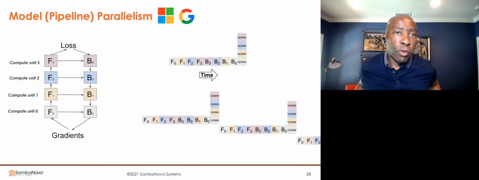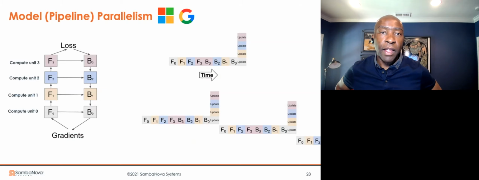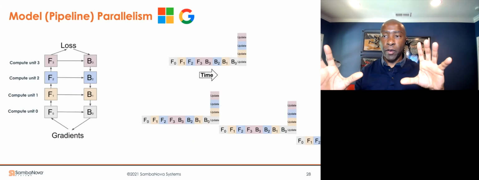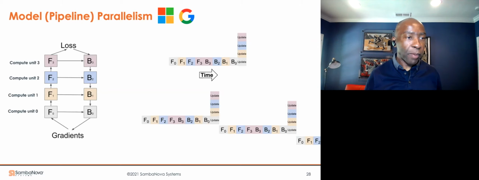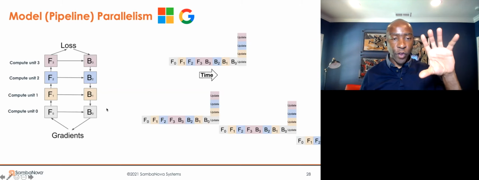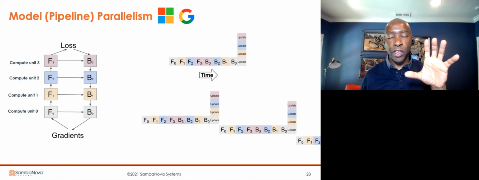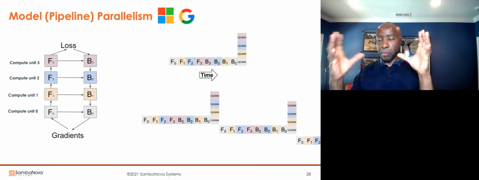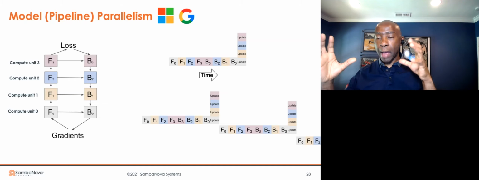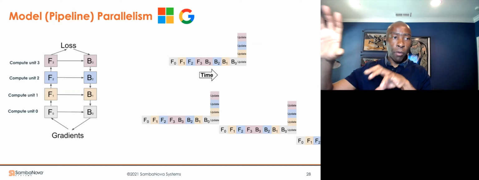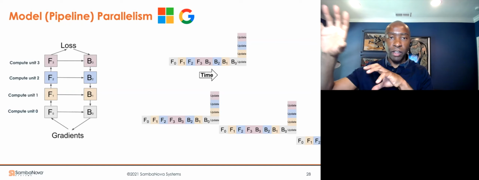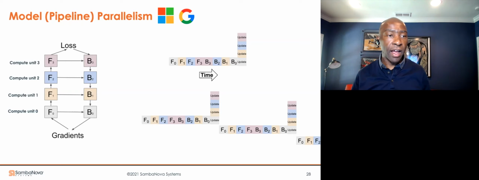So model parallelism has been explored by both Microsoft and Google at a coarse-grained level, right? And the whole idea of model parallelism is that, if you have a limited amount of GPU memory and you want to run a model that's too big for one GPU, you can put multiple sections of that model on different GPUs, and then you can move the data as you are processing or training from one GPU compute unit to the next, right? So in this example, we have